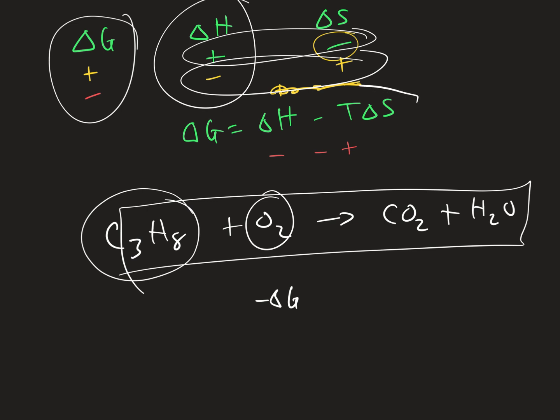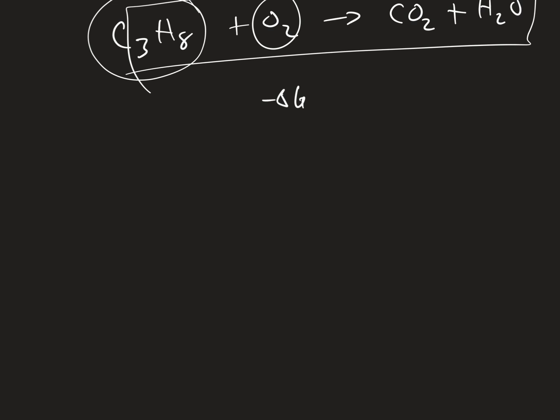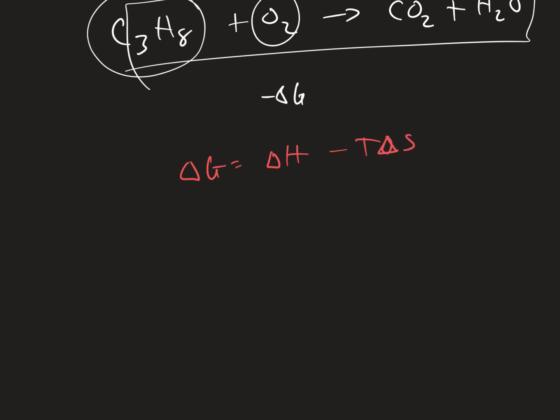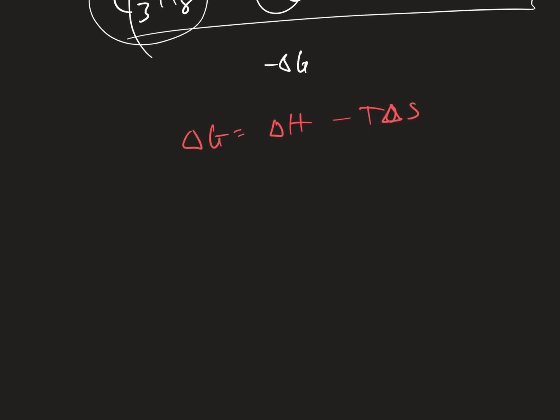If you can, do you understand using this formula? Yes or no? Okay, no, not quite. No, watch. I'm going to show you another way. So we have delta G equals delta H minus T delta S. Okay, so if I know my delta H and my delta S is positive and negative,